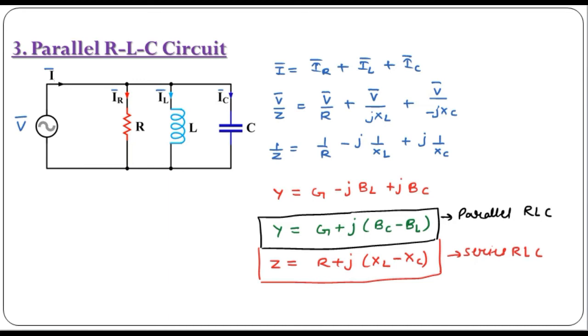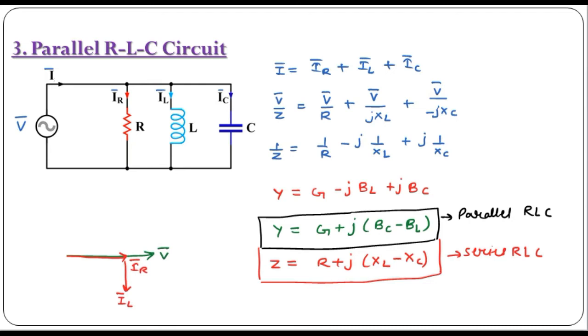Okay, now let us draw the phasor. As R, L and C are connected in parallel, and in parallel, what is there? Voltage is the same. So we will take the voltage, that is V phasor, as reference. So this is V phasor. Okay, and the current flowing through the resistance will be in phase with this voltage. So this is IR phasor. The current flowing through the inductor will be lagging the voltage by 90 degree. So if the current is lagging, then it will be downward. Okay, because it is lagging, you have to consider the clockwise angle. So this is IL phasor.